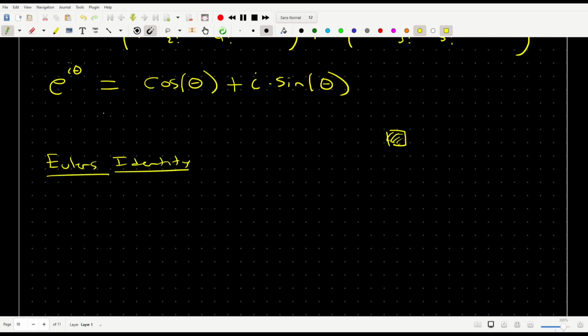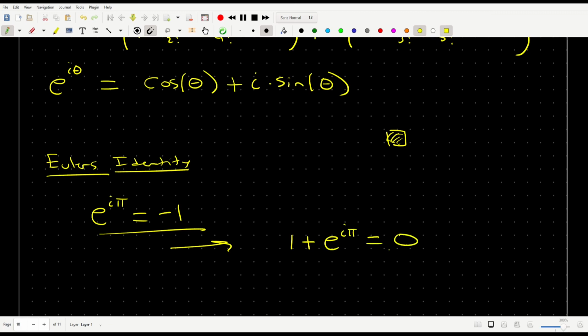If we plug in pi for theta here, we have that e to the i pi is equal to cosine of pi, which is -1, plus i times sine of pi, which is 0. So this equation is the same thing as the equation 1 plus e to the i times pi is equal to 0, which is called Euler's identity and is regarded as one of the most beautiful equations in mathematics